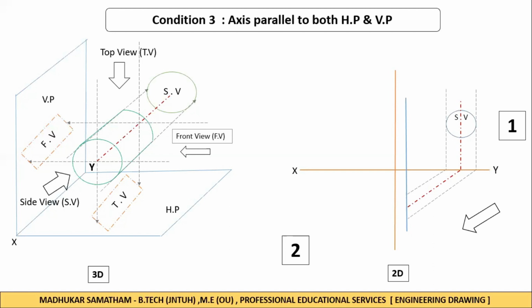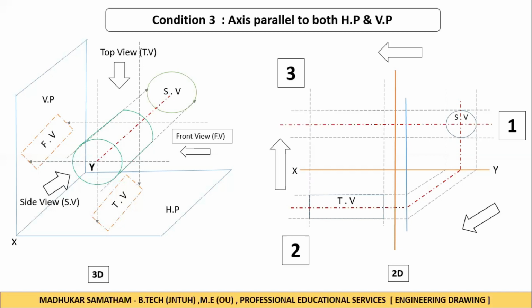Now the extended lines are further extended horizontally to the top view. We already have the height of the cylinder, in this case the solid, so we take the height of the cylinder and we get the top view. In the next step, we extend lines from both the side view and top view. From the top view, the vertical lines are extended, and from the side view, horizontal lines are extended. Both lines meet at a point in the front view. The intersection of these points can be taken as the front view of the solid. In this way, we can draw solids whose axis is parallel to both HP and VP.